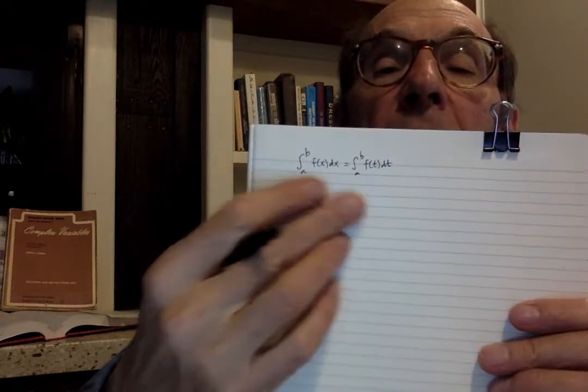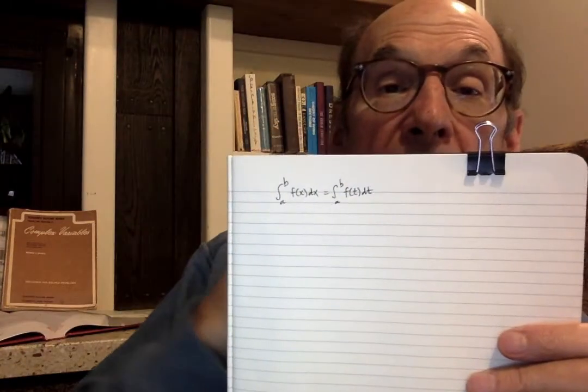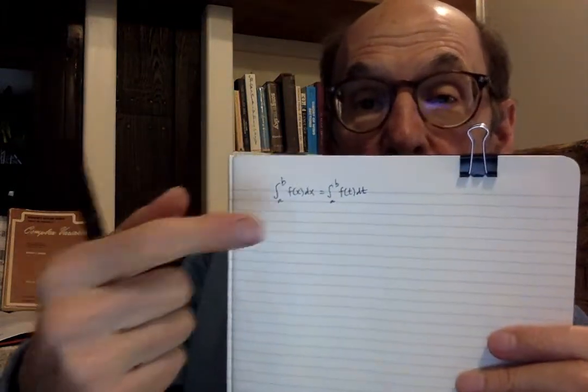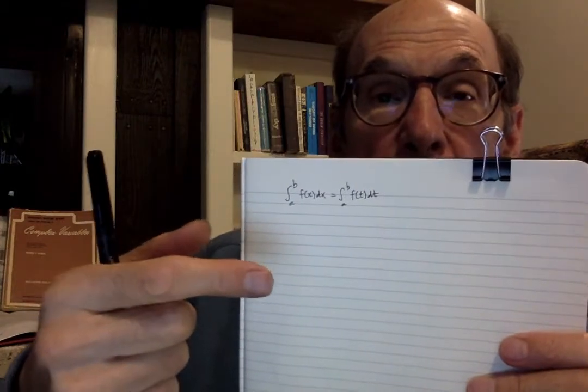And I need to really reinforce this is the same thing as the integral from a to b of f of t dt. There is no x, there is no t. We're looking at every single thing between a and b. This is sometimes called a dummy variable because it's just a stand-in, like a dummy in bridge. But that's the way it goes. The picture is you look at the graph of f between those 2 points,